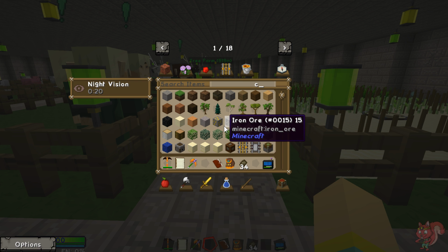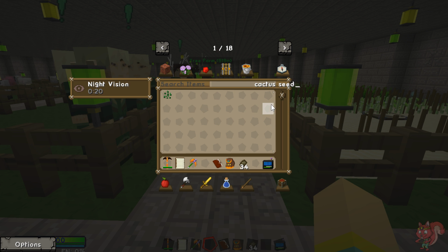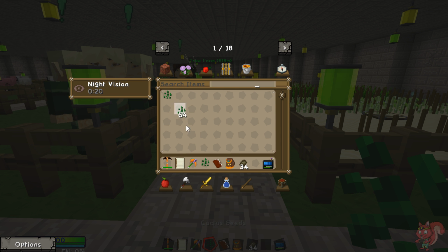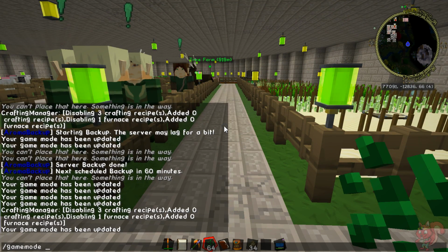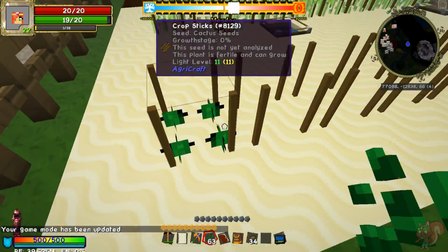C-A-C-T-U-S space S-E-E-D. So, how you guys doing while we wait for the interface to recognize what I typed? And hopefully I didn't make another typo. I was being careful. There we go. Thank you. I don't need that many, but I don't feel like messing about. I'll throw away what's left. Because this will give us 111 seeds, which is what I thought I was going to be able to make with the cactuses that I had, but we could not, so...